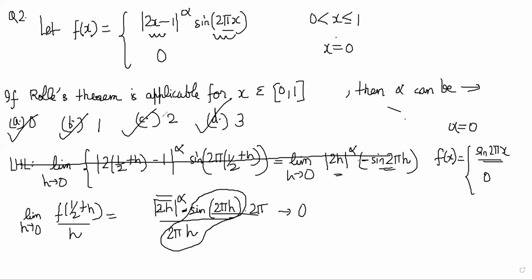You understand? Everything we have checked is coming differentiable and continuous everywhere. And f of a is equal to f of b is happening for sine 2 pi x: f of 0 and f of 1 are the same. It is satisfying all conditions. Is everyone understanding what I'm doing? You have to think about where it could go wrong. Like you have to think about the half point first. You have to think about 0 and 1, how to check differentiability and continuity at those points, right?